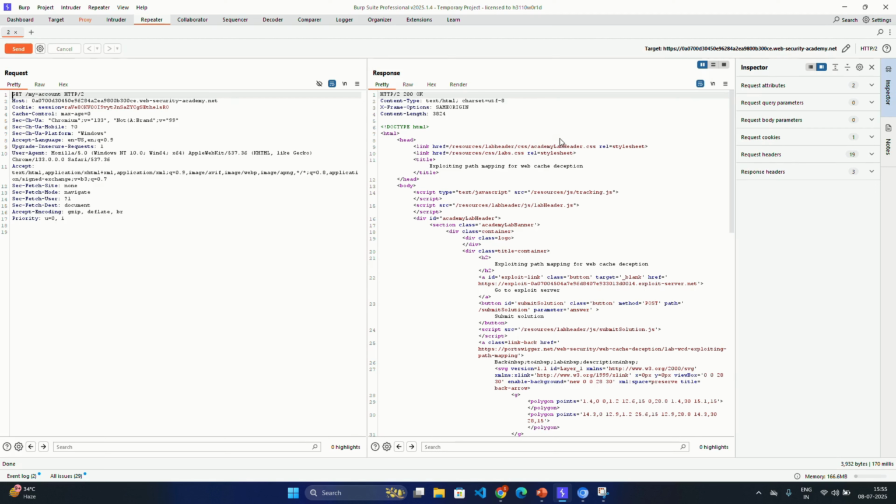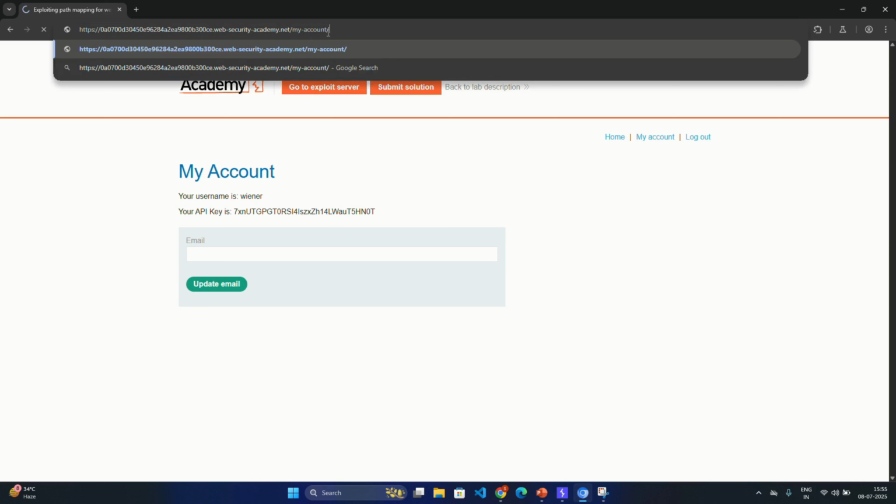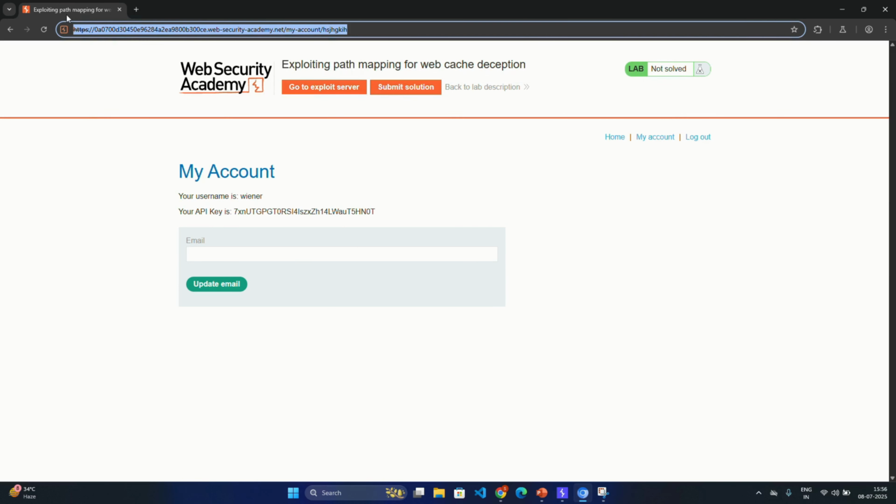Now let's trick the cache system into storing this dynamic content. So we will again go to the website and add some random characters at the end of the path. Any random characters, and we will click on send. This works because of the flexibility in the framework used.